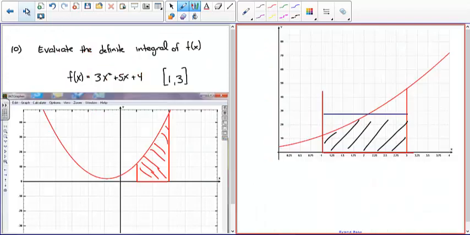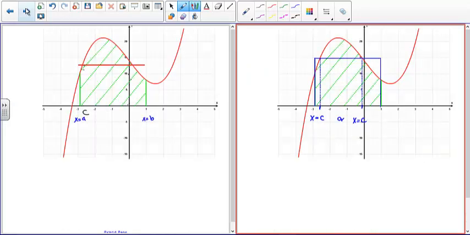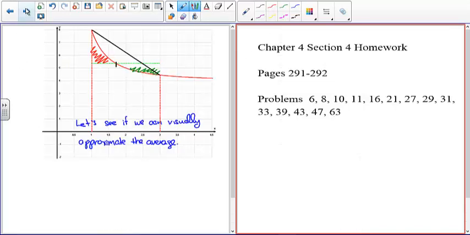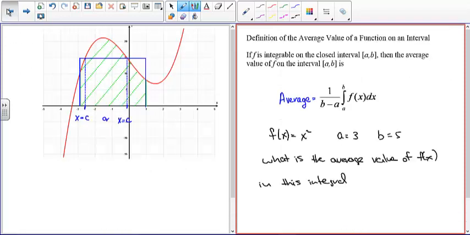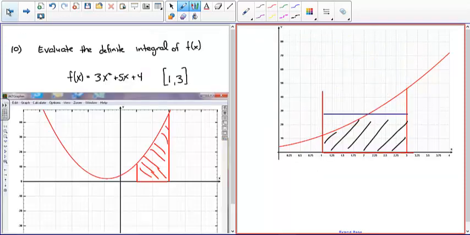So let me just see what else I've got to talk about here. There's not a whole lot left to do except just do some examples. I'm just seeing what the, okay, yeah. Okay, right. So I've got a handout that